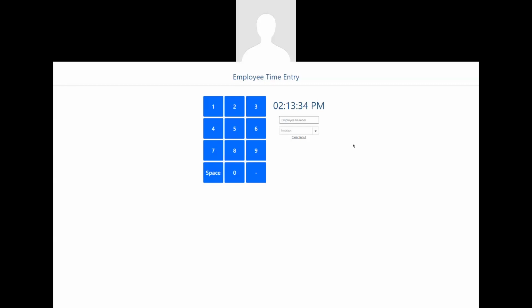So that's pretty much the employee time entry for clocking in and out. Should be very similar to the last one. And of course, if you have a touch screen, you can touch the screen and put your number in. Okay, so